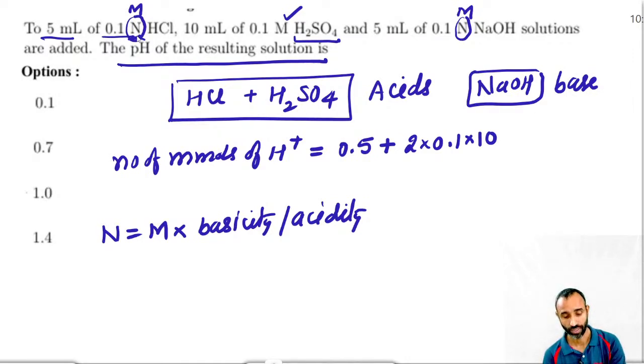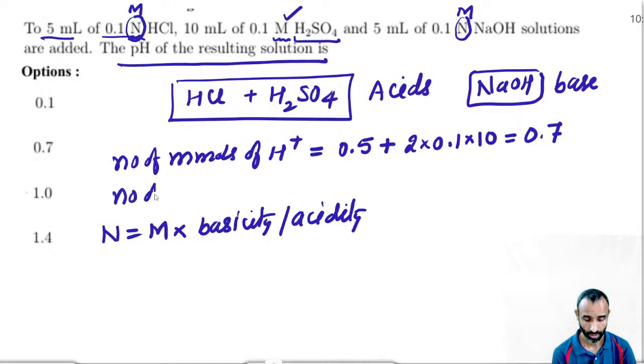That's why its normal is equal to molar. But H2SO4 is written as molar, so it is 2 times. So in this way we have 0.5 plus 0.2, so 0.7 millimoles of H plus ion